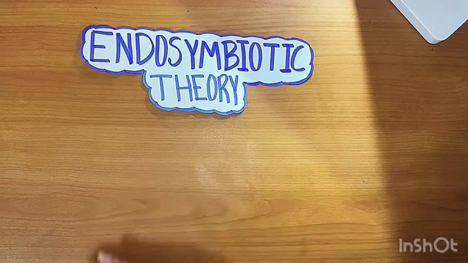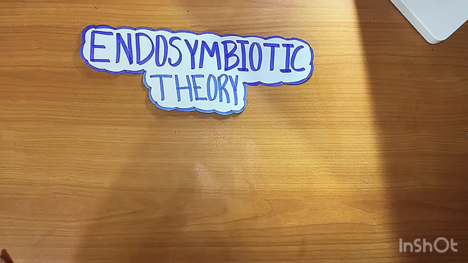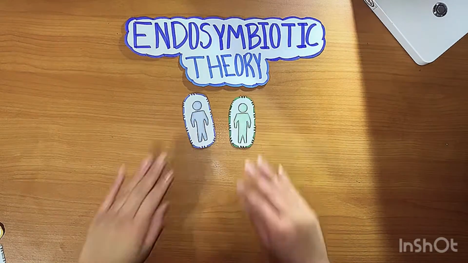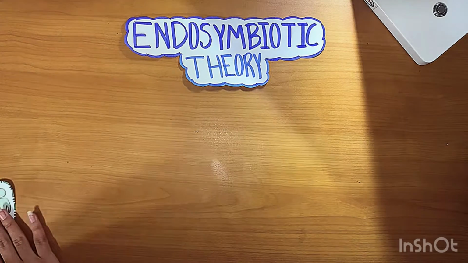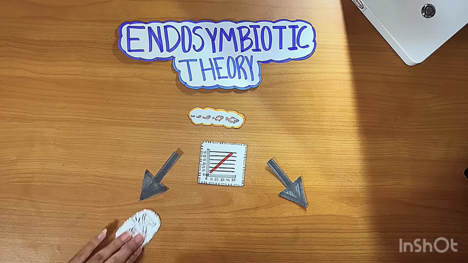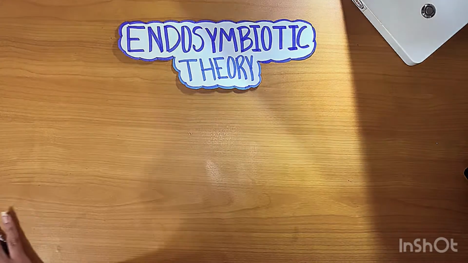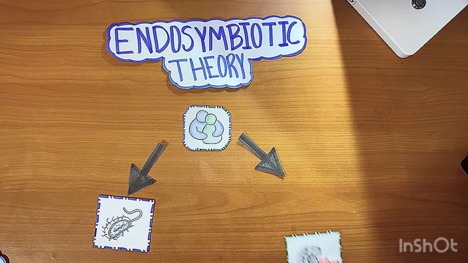The societal implications that result from this theory is that it changes how the process of evolution is perceived. The idea that two organisms became so codependent with each other that they evolved to become a part of each other shows how evolution isn't just a simple linear progression that happens through mutations and natural selection based on the environment, but rather through mutually beneficial relationships between organisms, in this case, prokaryotes and eukaryotes.